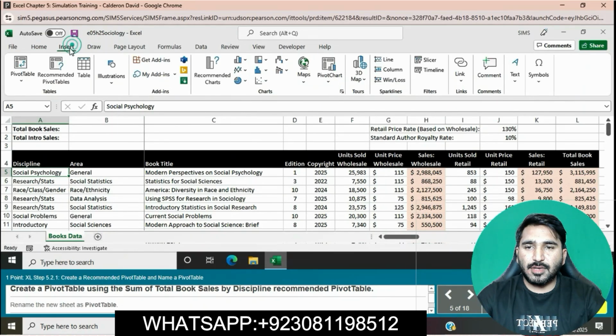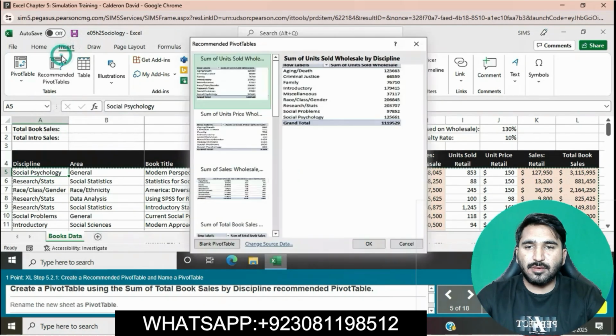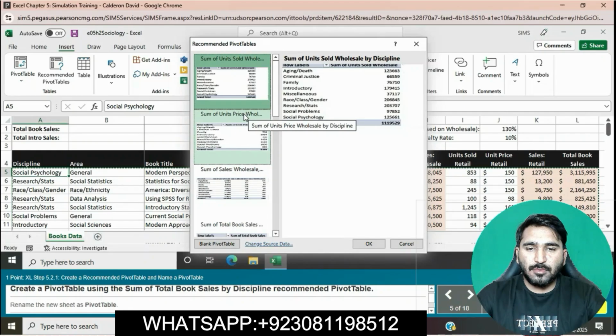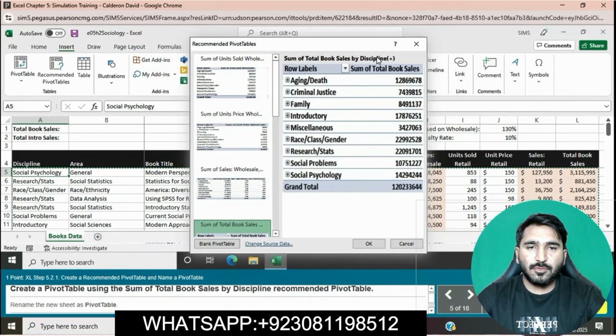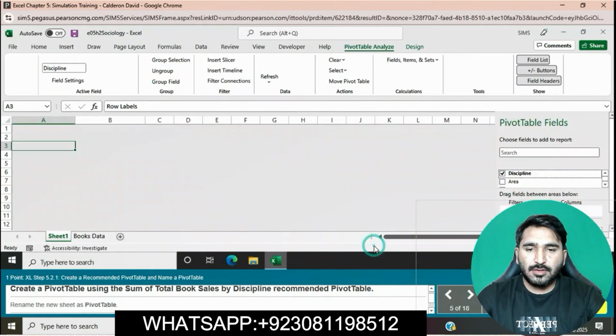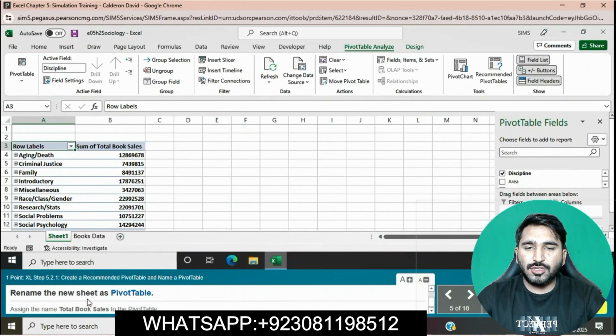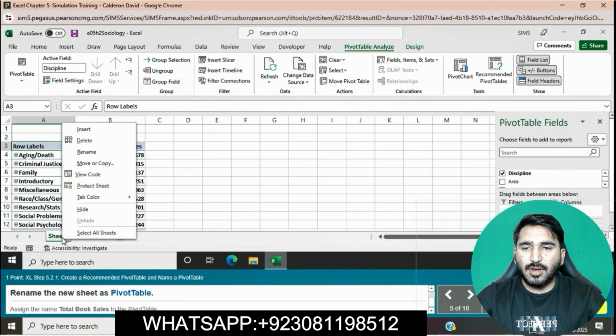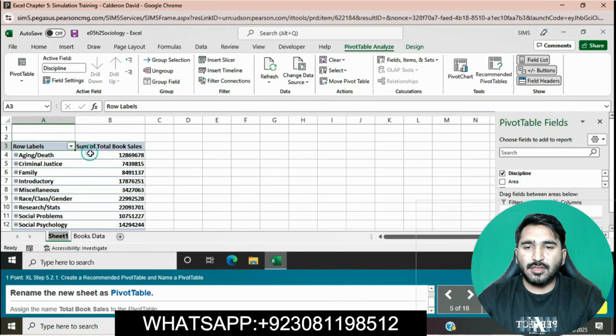Simply click on insert tab, click on recommended pivot table using the sum of total book sales by discipline. Here is sum of total book sales by discipline. Click on OK. Okay, rename the new sheet as pivot table. Right click on this, click on rename, and then rename the new sheet as pivot table.